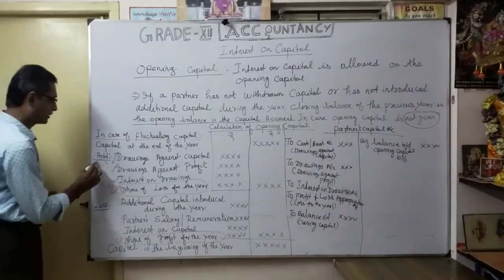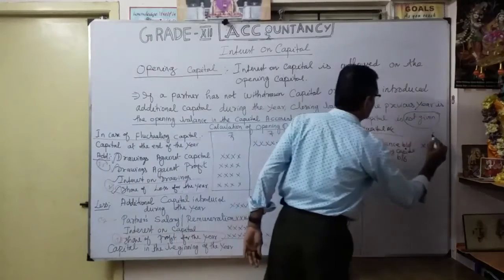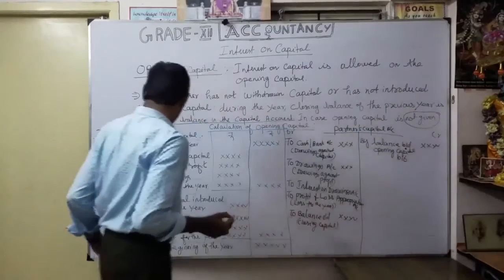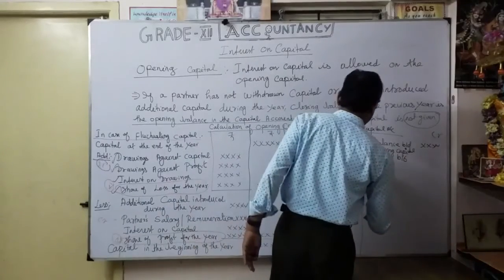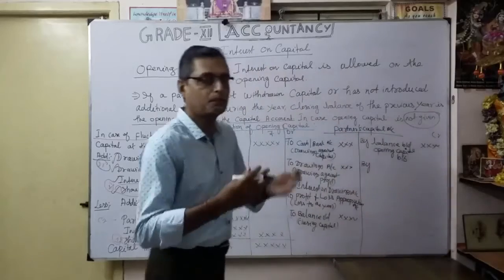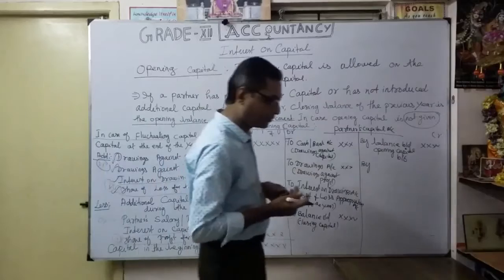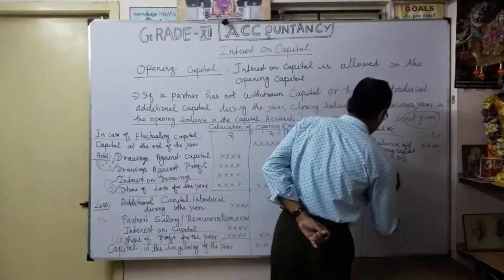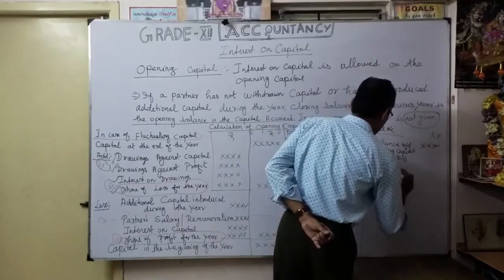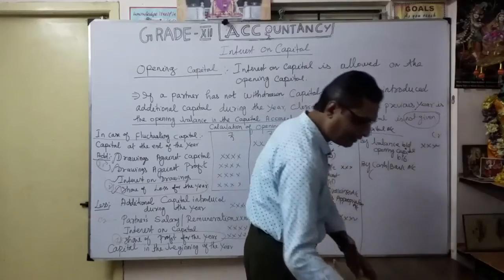Which side? Debit side. This is debit. This is credit. You know very well. Then coming to the credit side. So what is credit? Again, by what? Whenever capital is introduced, what happened? Your partner gave capital to the business. Okay, what is the entry? Cash or bank account debit. Okay, cash or bank account. This is what? Additional capital introduced.